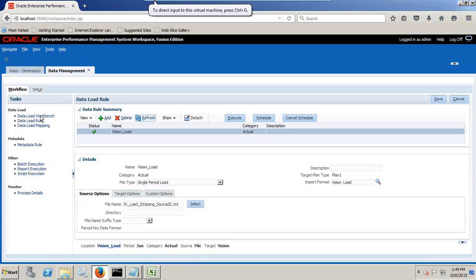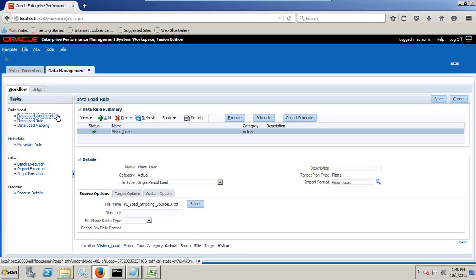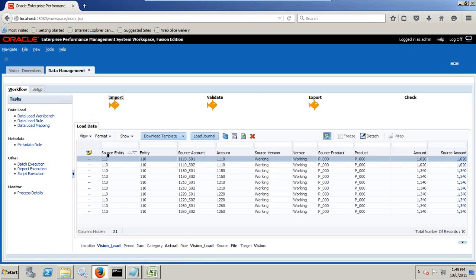We can go to the data load workbench and check, validate this and ensure everything is done correctly. So I can see over here, look carefully at the fish color. Had it been gray, it means the task is not done successfully. You can move your mouse cursor and see import done successfully, validate done successfully, export also done successfully. Also look at this point of view, source and target mapping. Source entity is 110, target entity 110. Source amount is